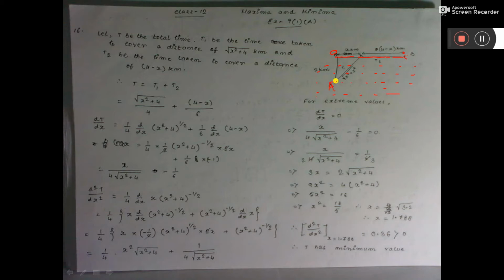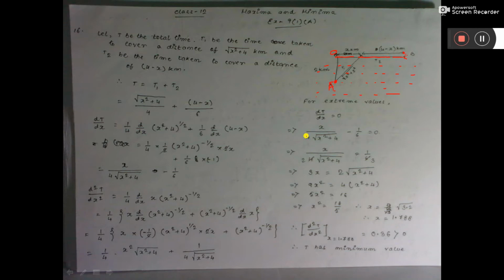Now, the man can go in this way by rowing from this point to this point, and from this point to this point, he can walk or run. Or again, he can do it in this way, from A to this point he is going by rowing, and from this point he is walking up to this. Or directly, the man can row from A to B by his boat. And here everything is given, the speed of walking and the speed of rowing, everything is given.